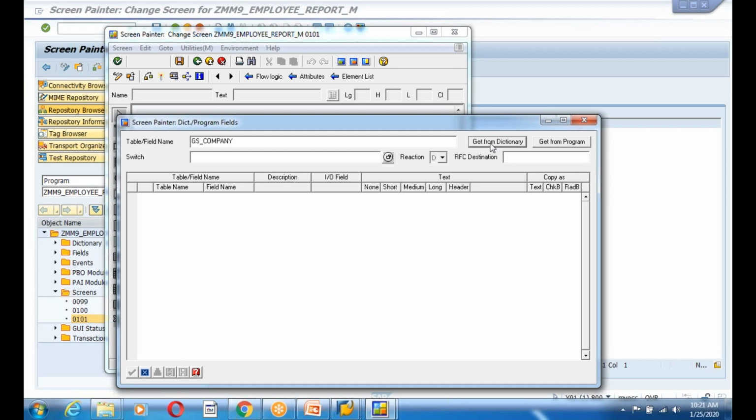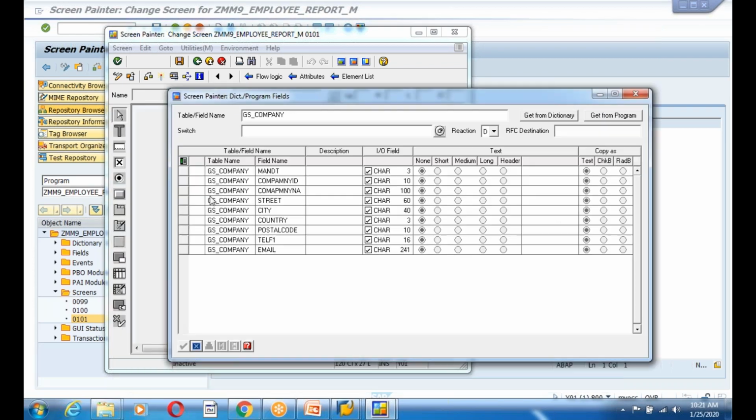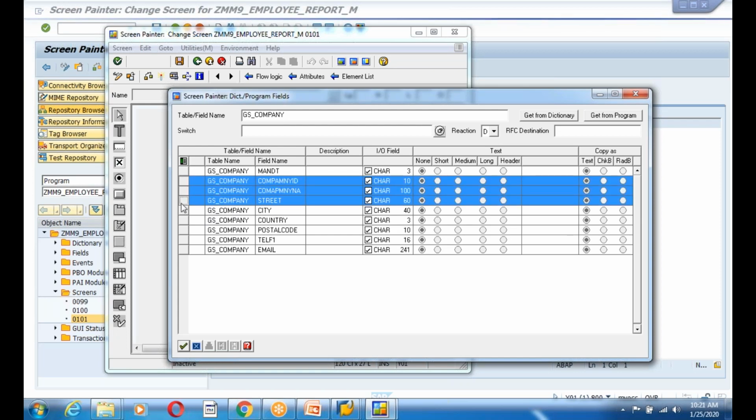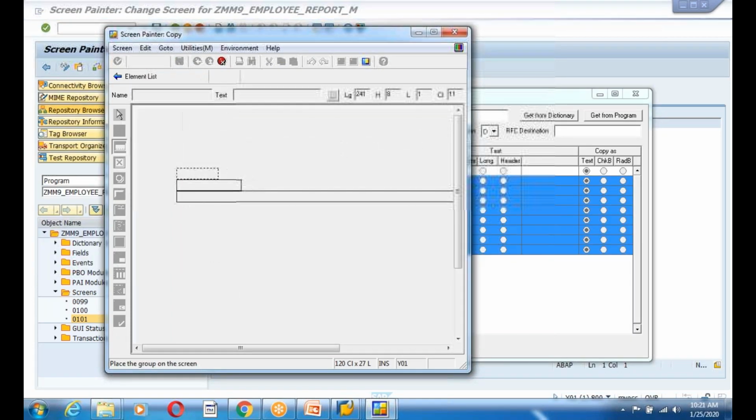Do you want to get it from the dictionary, or from the program? You need to get it from the program, not from the dictionary. If it is a table, you need to get it from the dictionary, but if it is a data object, you need to get it from the program. See, I'm getting this from the program, and I need to select these details, guys. I need to select these details and keep this